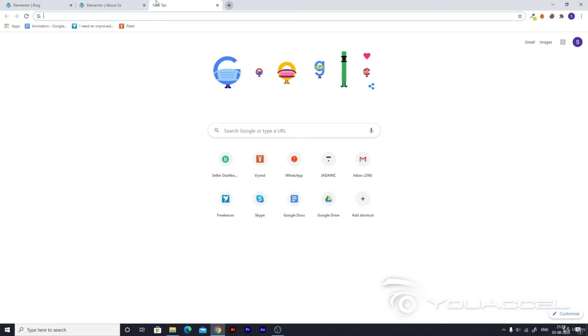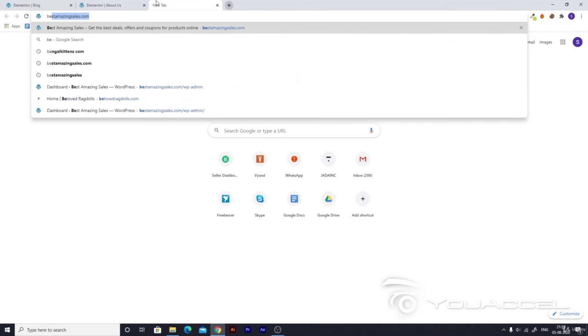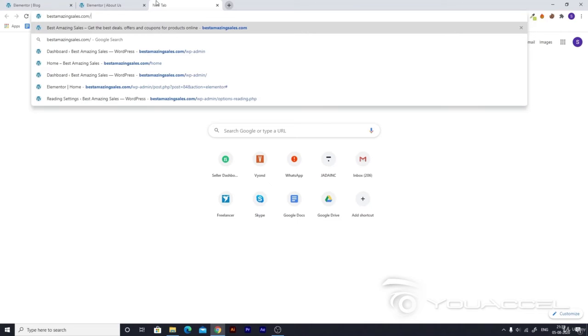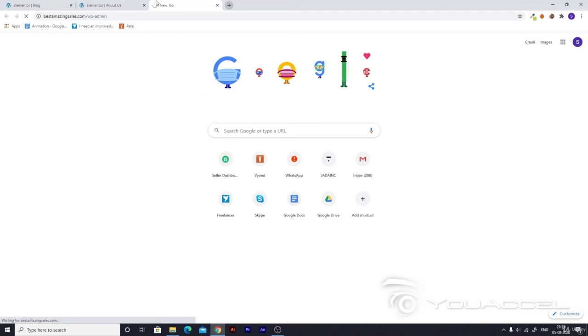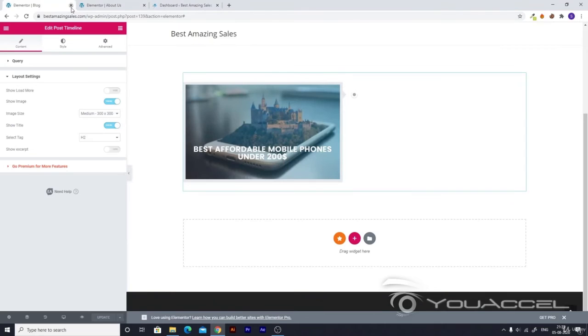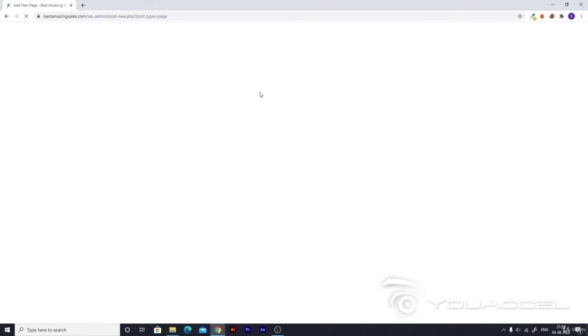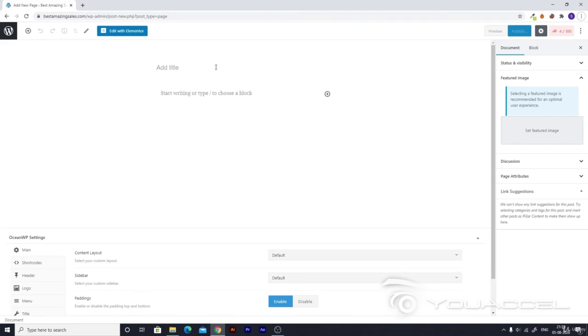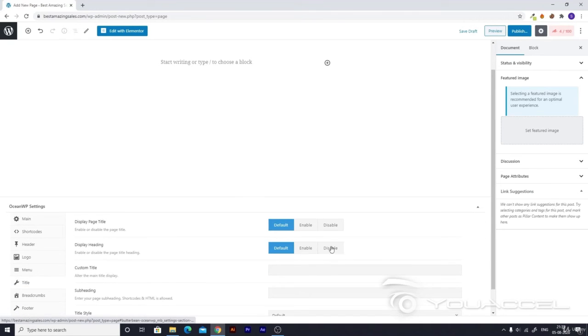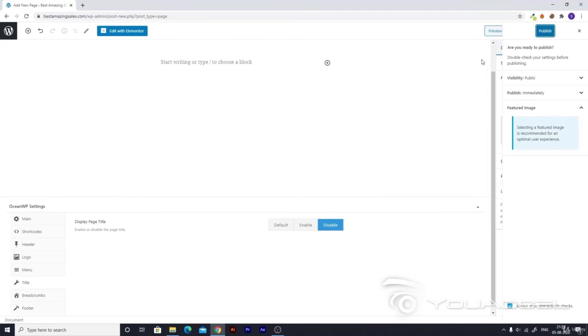Now let's open a new tab and again go to our dashboard, and we'll be repeating the same process again, so I'll just do this pretty quickly. We should add a new page. We should go ahead and add a title, which is contact us. You can go and make the content layout 100%. You have to disable the title, you have to publish it,